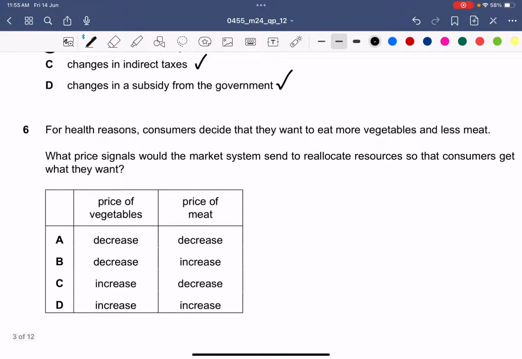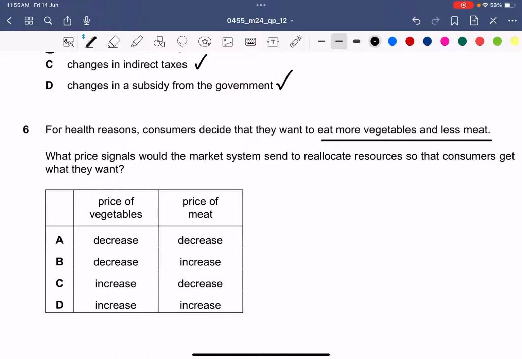Question 6. For health reasons, consumers decide that they want to eat more vegetables and less meat. What price signals would the market system send to reallocate resources so that consumers get what they want? Okay, so consumers right now want to eat more vegetables and less meat. So now the market needs to increase the supply. So now you increase supply for